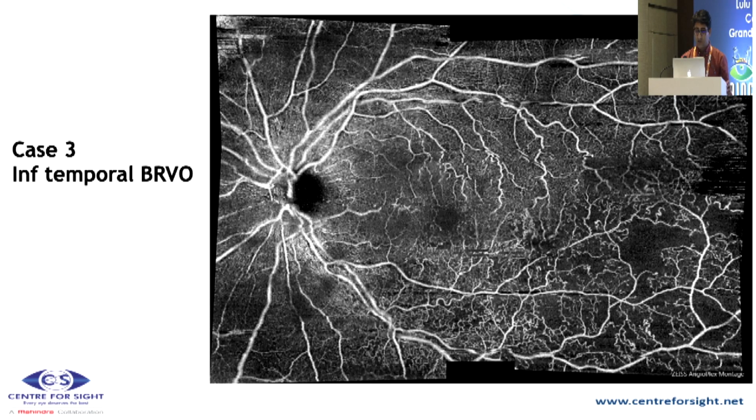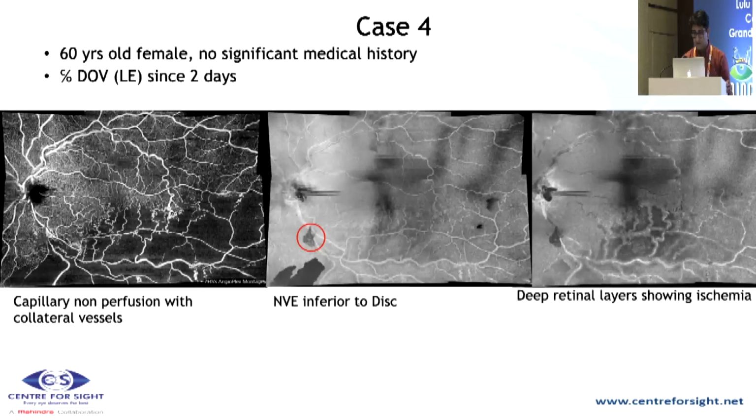There's a third case with an elderly female who presented to us with BRVO, the inferior temporal BR. You see the multiple areas of non-perfusion. She was advised to undergo a sectoral PRP because more than 5 disc diameters of non-perfused area was there. And this is a case where we have a follow-up of 3 years on OCTA, which demonstrates how the